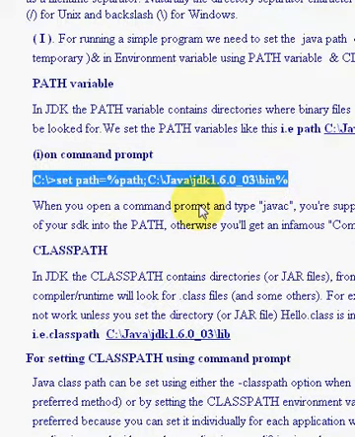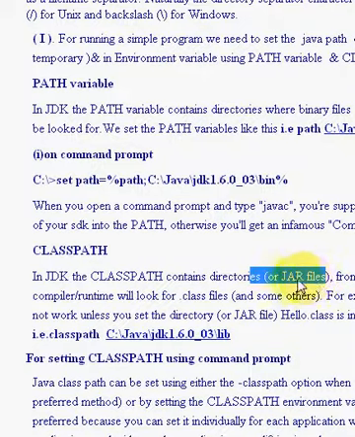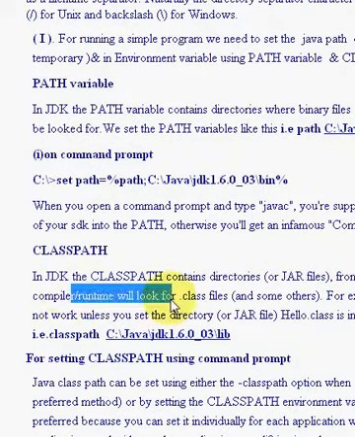The next one is the classpath variable. The classpath variable is an environment variable which contains the jar files where your compiler looks for the .class files and the bytecode files. These jar files and .class files will be present in the lib folder in the Java installation folder.